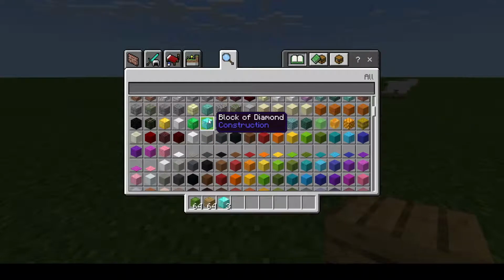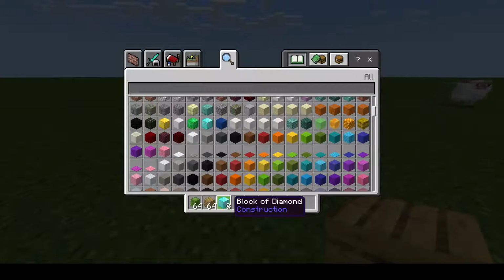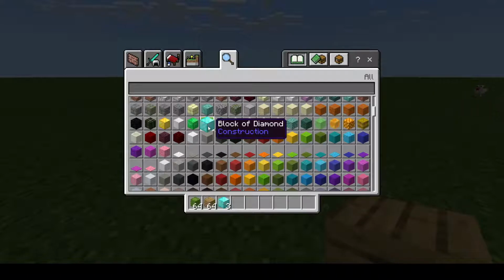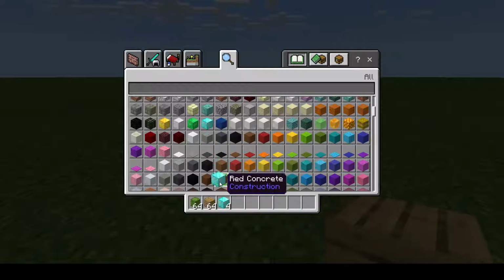Okay, and you can stack these items as well. Okay, so you can see that currently I've got 3 diamond blocks, but if I wanted to add another one, I can do that by right clicking on the diamond block and then right clicking again once my mouse is hovered above the block of diamond, and then you can see now that I've got 4 blocks of diamond. Okay,